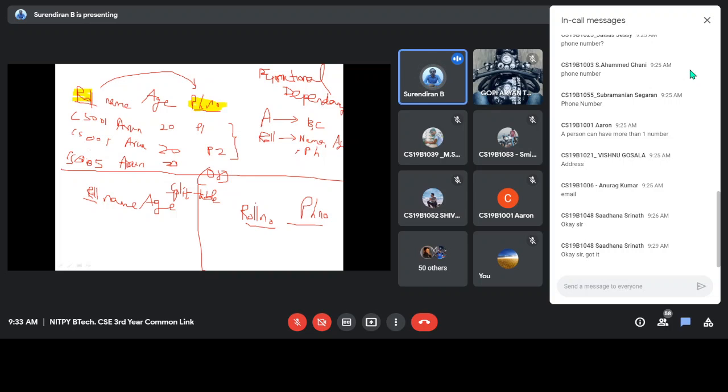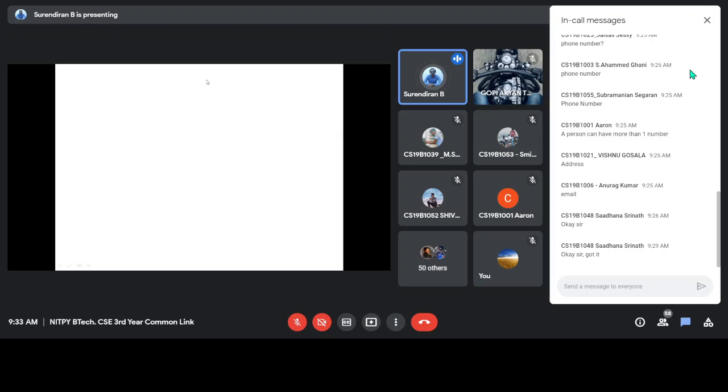Next we will see second normal form, 2NF. In first normal form, there are no multi-value dependencies. It should be single valued and atomic. Atomic means single valued. So that is the first normal form.